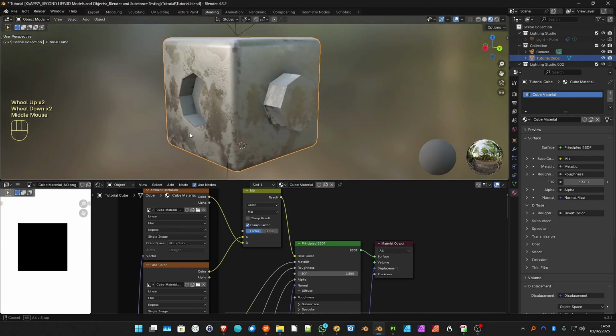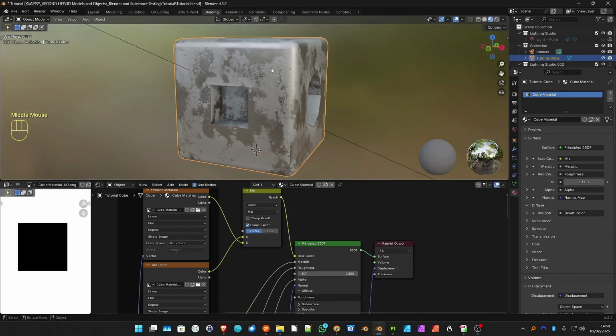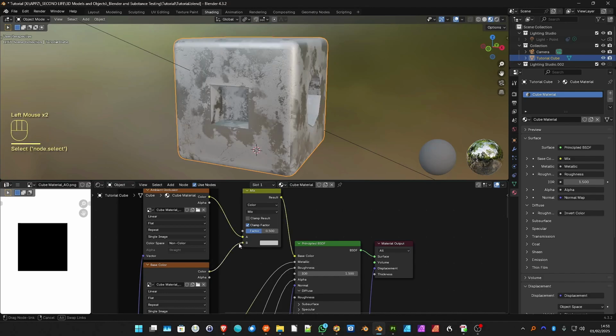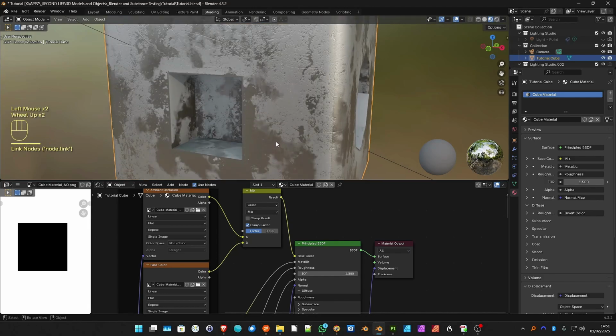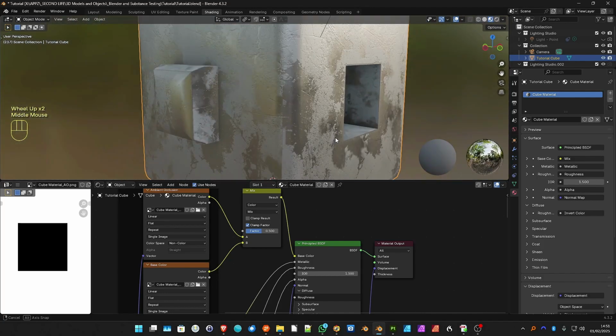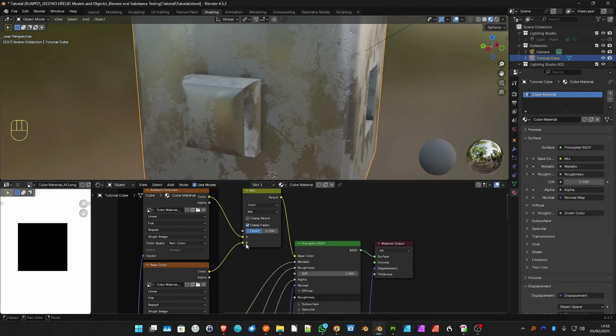It doesn't look brilliant, and I think it all depends on your texture. I've seen a couple of times people actually moving this around the other way. You see, I don't know. It doesn't seem to be working to me, but